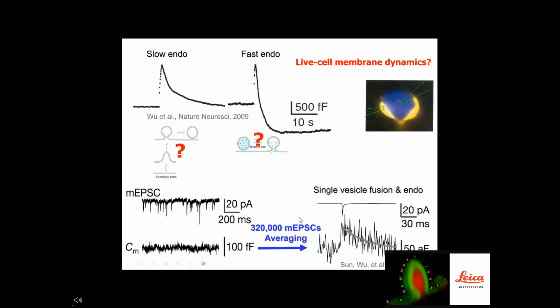So to get to the single vesicles, we have to average about 320,000 minis to get a very tiny jump here, about 65 attofarads of capacitance increase and decay that reflects endocytosis. So notice here that the scale here is about 10,000 times less than the scale here. So this is a single vesicle fusion. And this is really laborious because it takes our former postdoc, Xin Wu, about 1.5 years just to get to